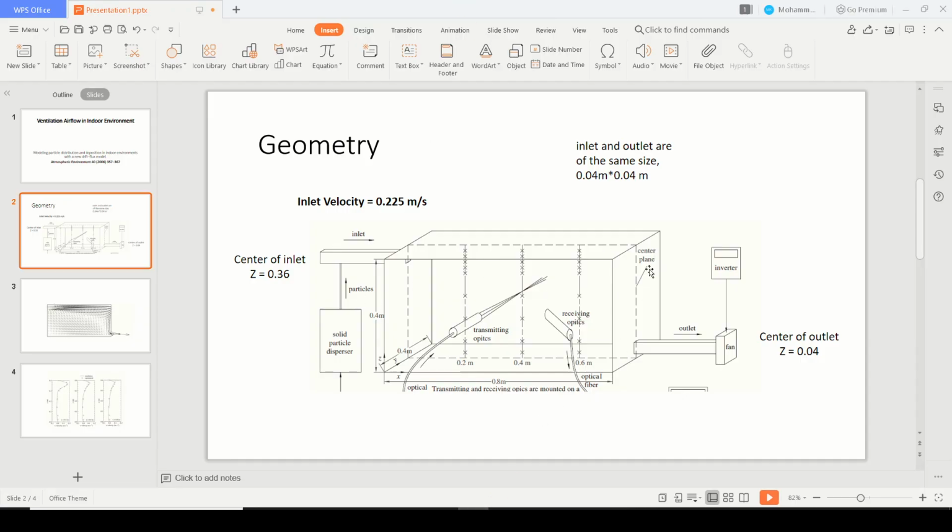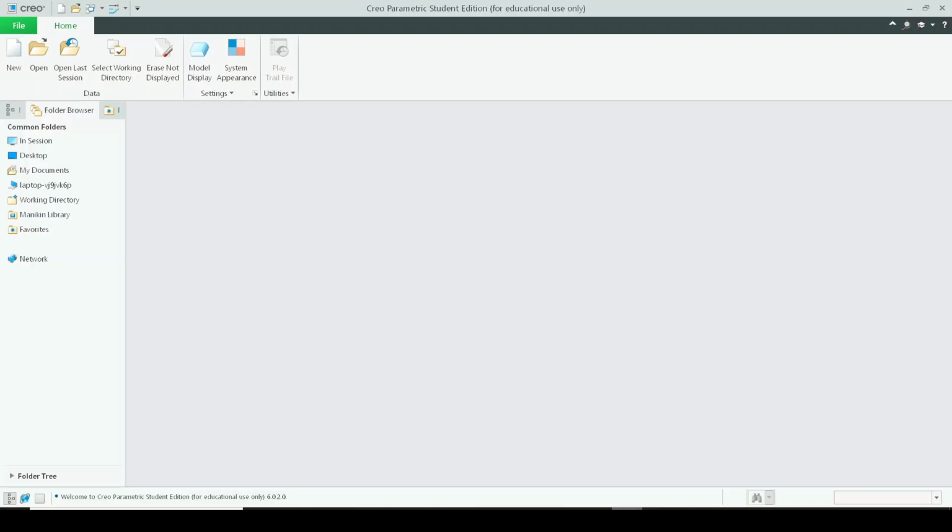Now I have added the dimensions of the inlet and outlet as per the data mentioned in the publication. The inlet and outlet are of the same size, that is 0.04 meter by 0.04 meter, so it is a kind of perfect square. The inlet is located on the left hand side, exactly in the center of this wall, and the center of the inlet is at a distance of z equal to 0.36 meter. And the outlet is located on the right side wall, which is again at the center plane, and the center of the outlet is at a distance of z equal to 0.04 from the base. Now since we have this data, it is very easy to create this kind of geometry in a